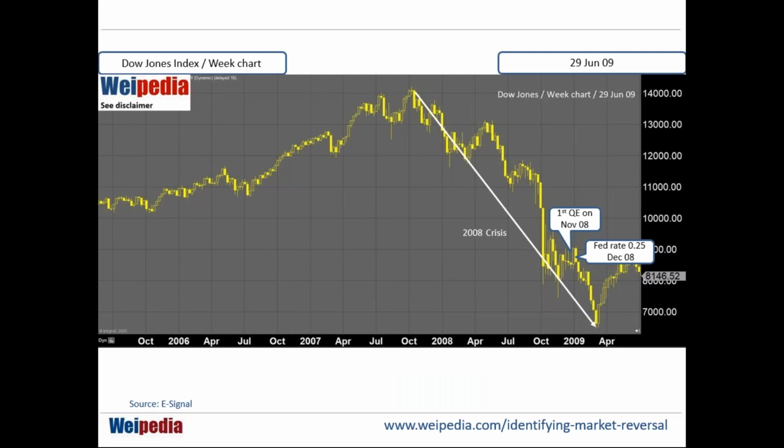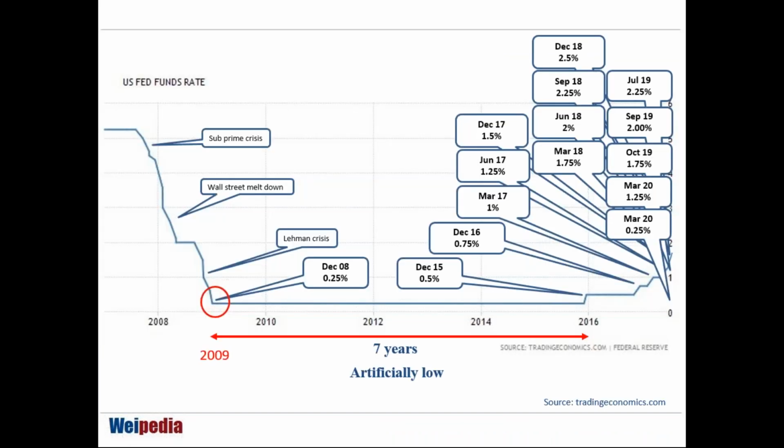Okay, now let's look at the actual market back then. In the 2008 crisis, when the market fell, the first QE was in November 2008, as you could see. Then shortly later, after a month, the Fed cut the rate to an all-time low of about 0.25. Now it took about 3 months later. So the policy did the right thing, okay. But 3 months later, the blue chip bottomed and started to rally, okay, until January this year. Now, so the policy was right.